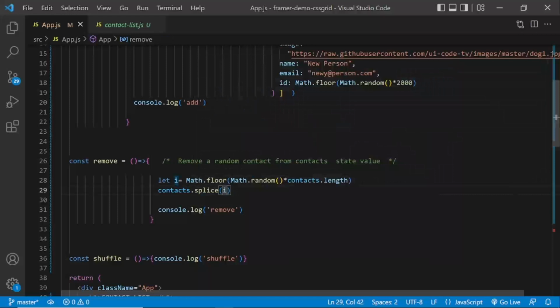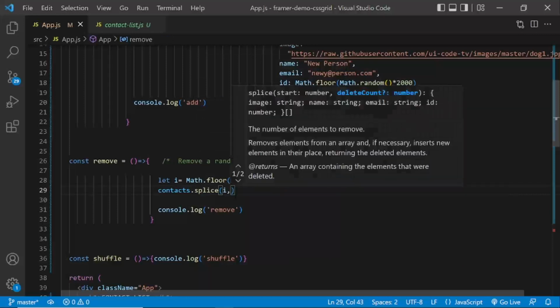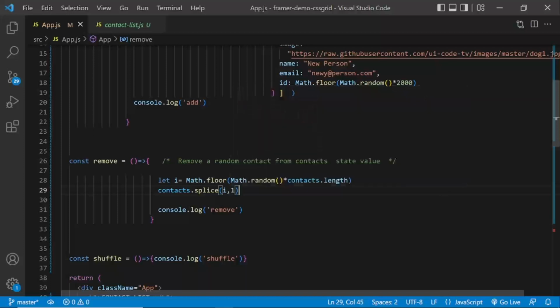We're going to remove inclusive of that, so one item inclusive of that. So this will update the contacts after it's removed the random item that we've indicated here, the i.